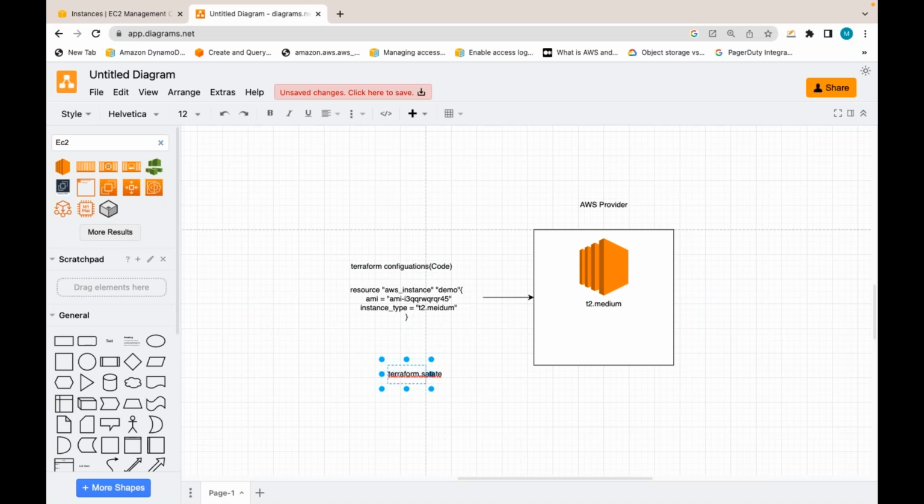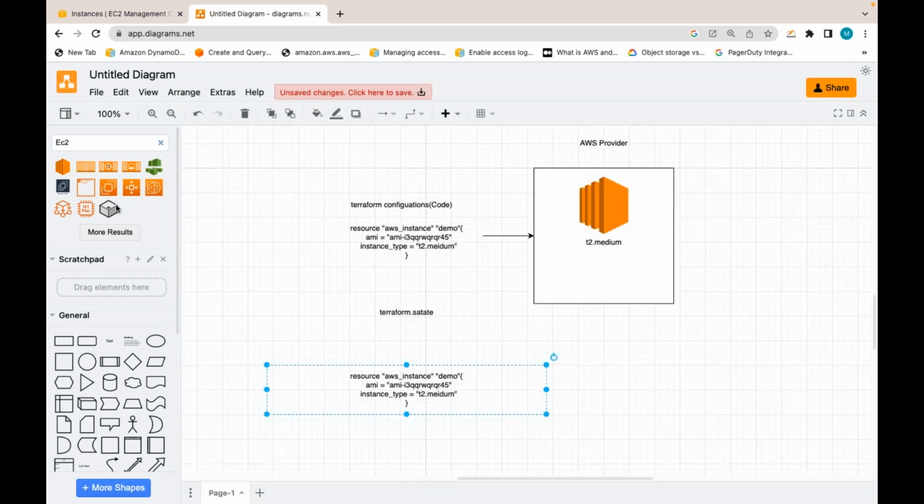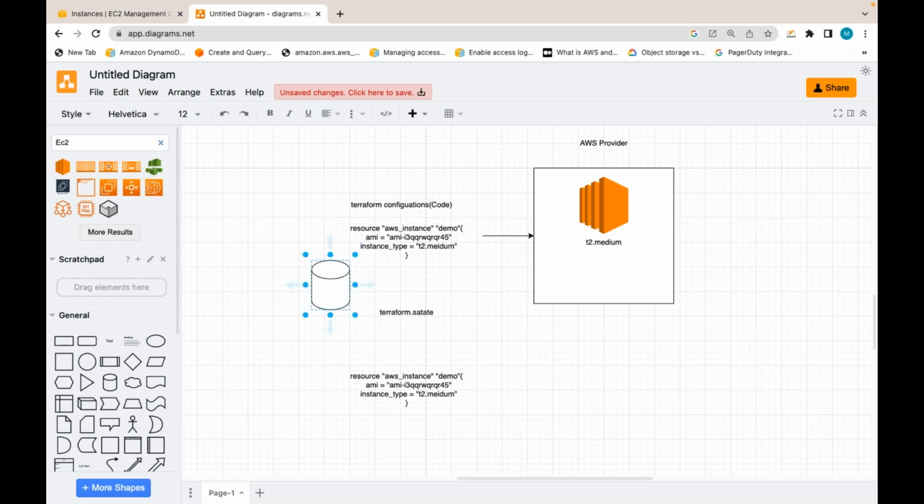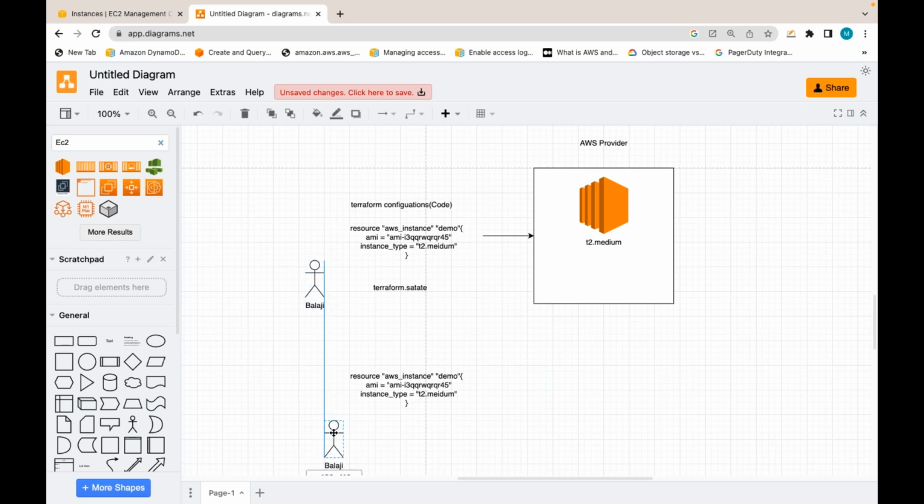But when multiple team members are collaborating and working on this code, let's say Balaji is also working here, and let's say Akbar is also working on the same Terraform code. Balaji, on his laptop or desktop, whatever he is using, has this code and ran it. Again, Akbar also gets the same code, and again he is running it. By default, it is using the local state file.